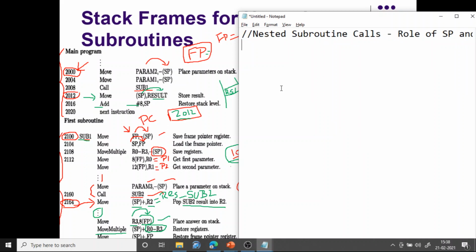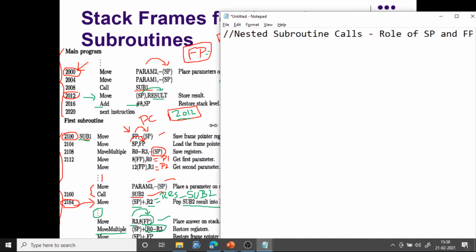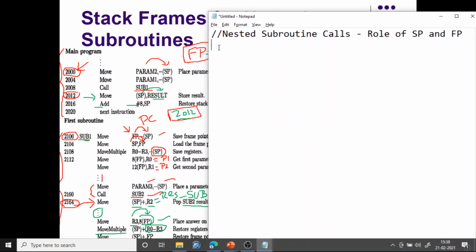So what should you do first? Before calling, the calling program should push the parameters to the stack. That is the first thing it should do.